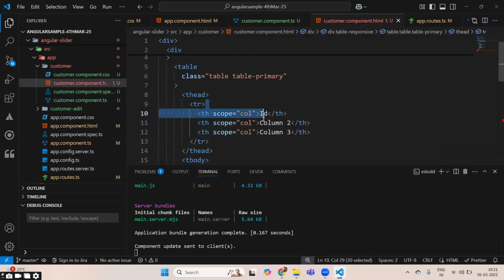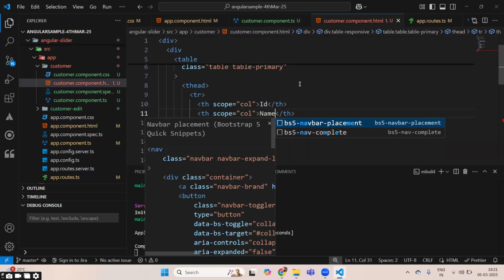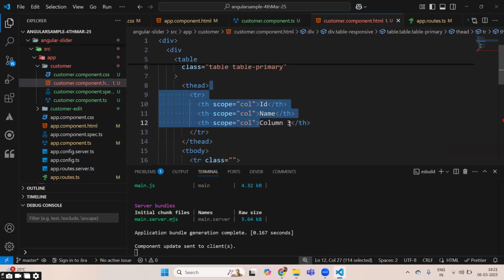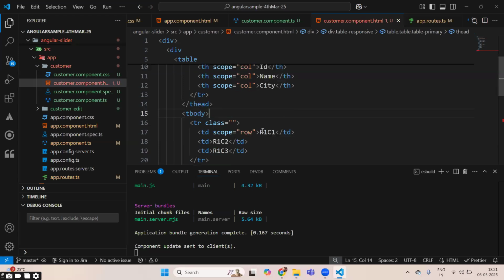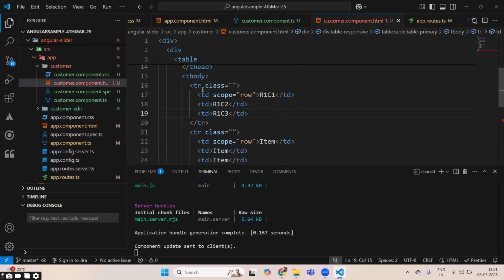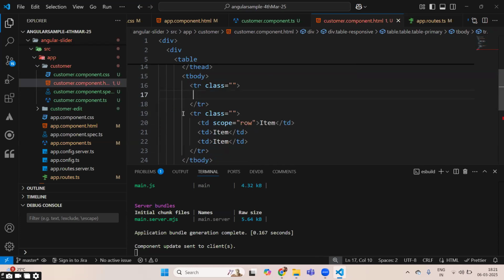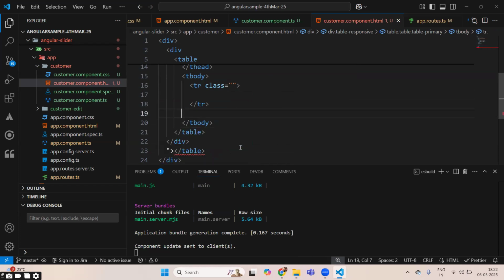So add your ID, name, and city of the customer. In tbody, we need one TR only. So remove the extra TR tags and